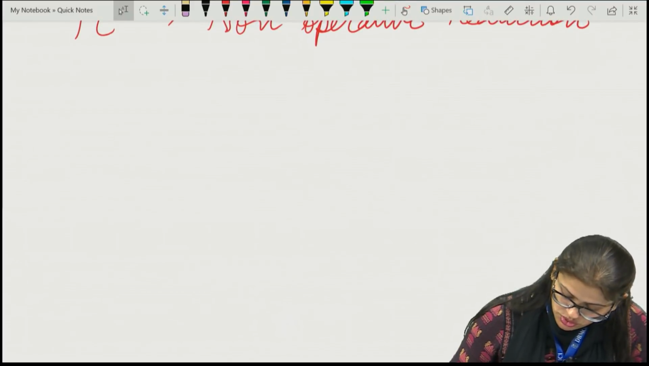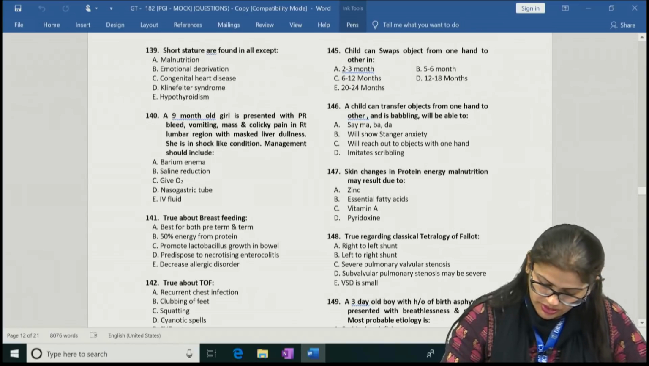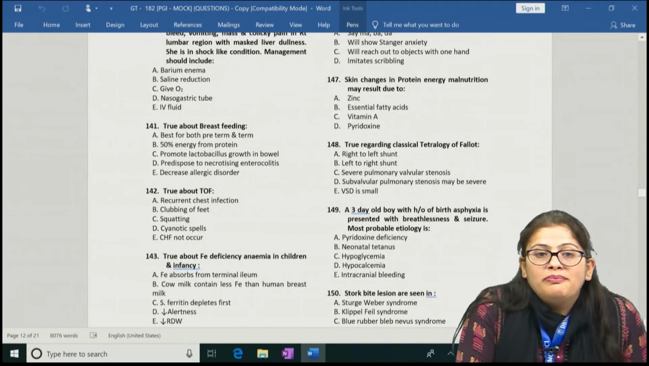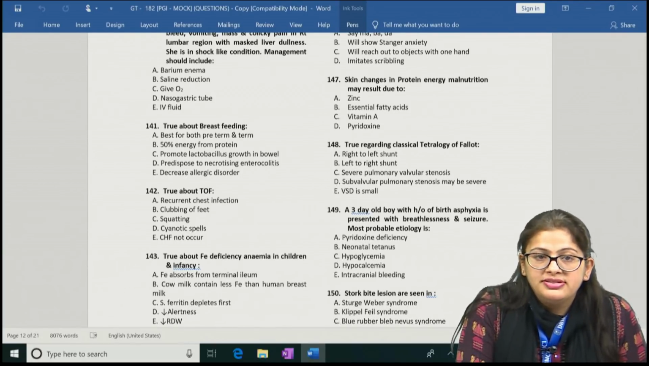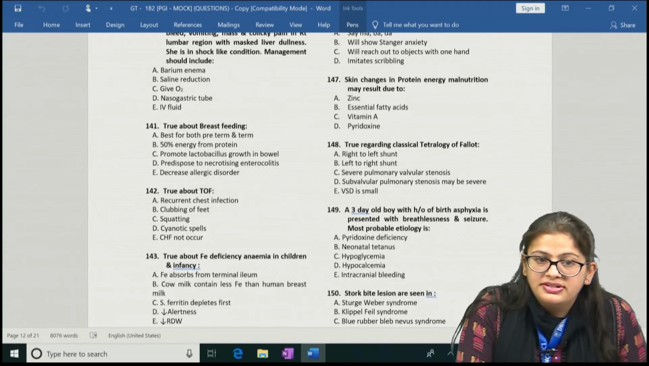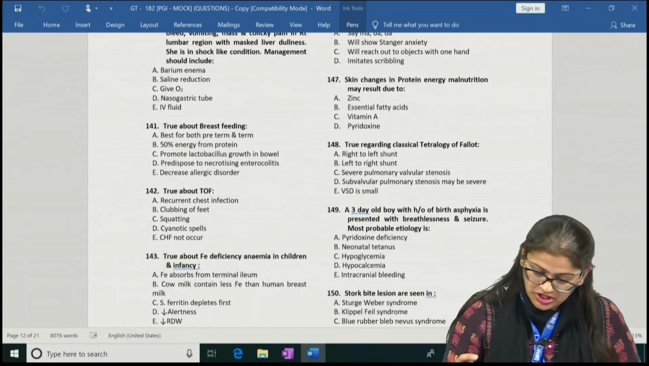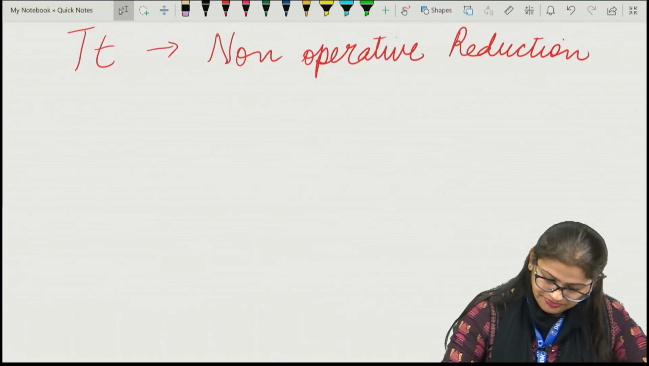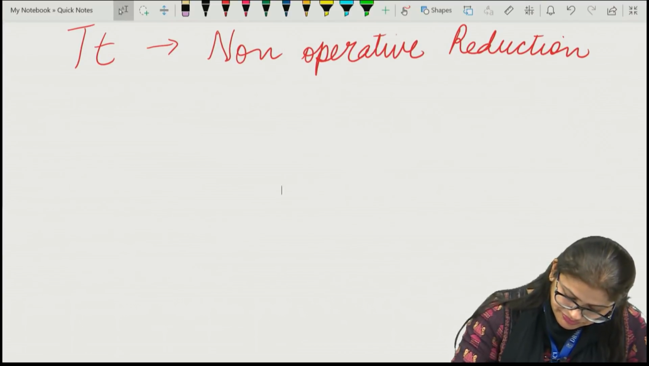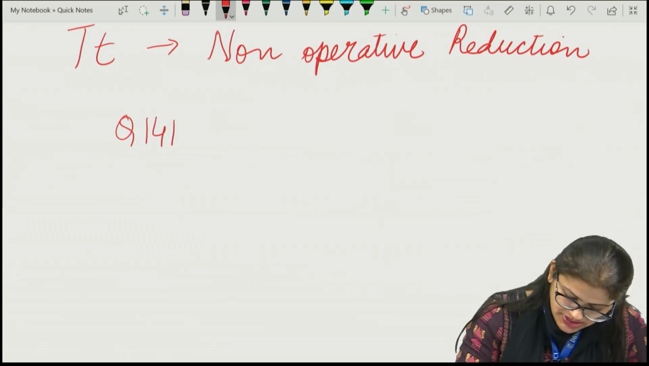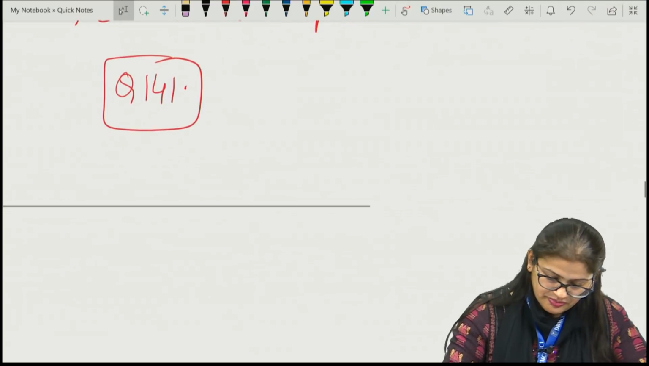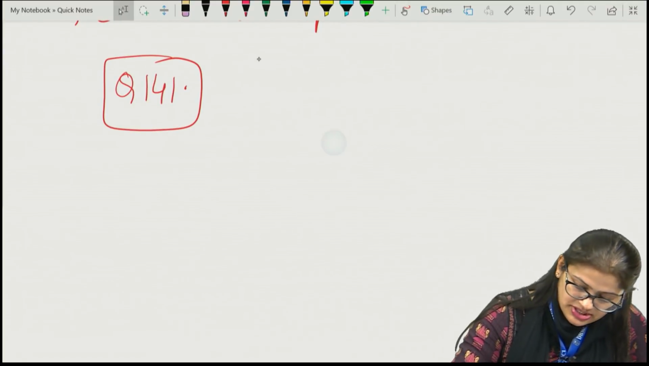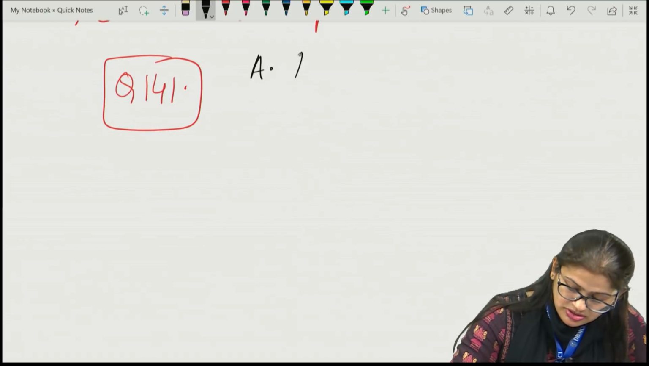So now we come to question number 141, and it talks about breastfeeding. Which is true about breastfeeding: best for both preterm and term, 50% energy from proteins, promotes lactobacillus growth in bowel, predisposes to necrotizing enterocolitis, and decreases allergic disorders. So the correct answer to this question is that it is best for both term and preterm,